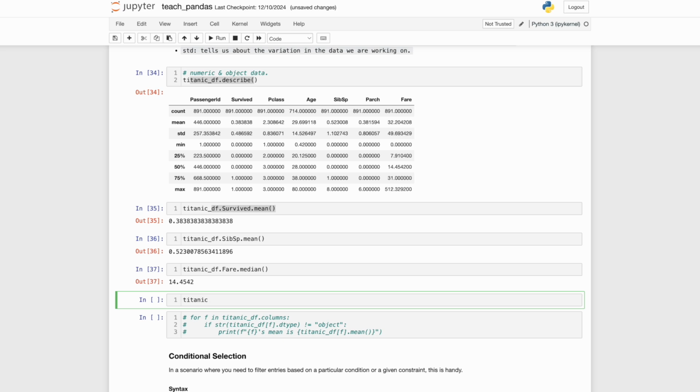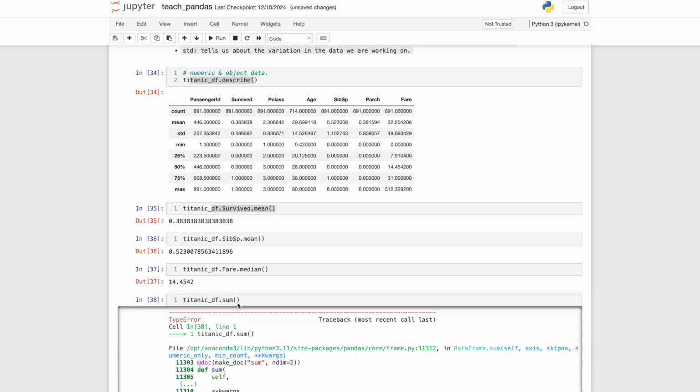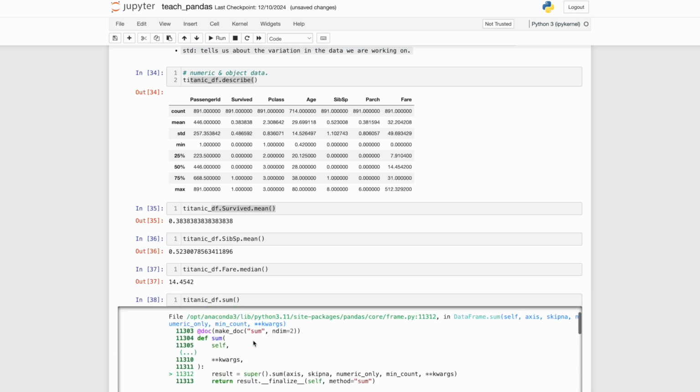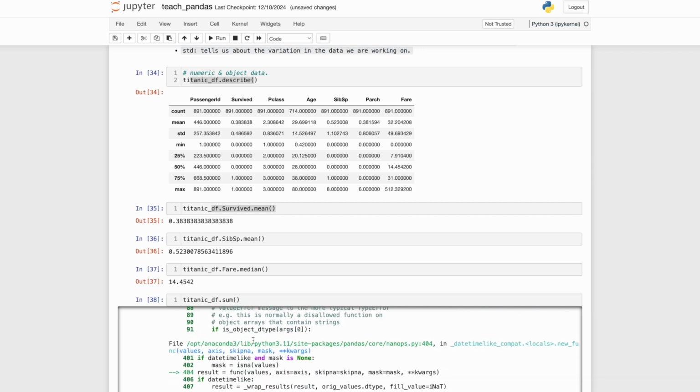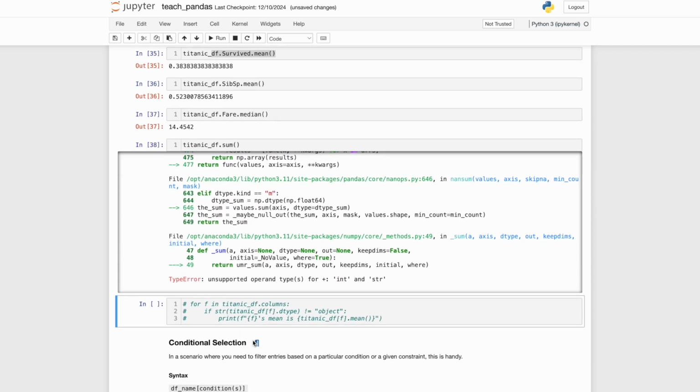Titanic. Okay, you're asking if you can just apply sum like this, right? Oh no, you can't, because that gives an error. You have to specify the column you want to sum. Can you see